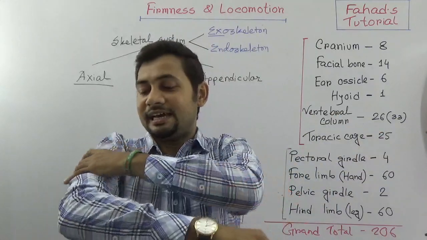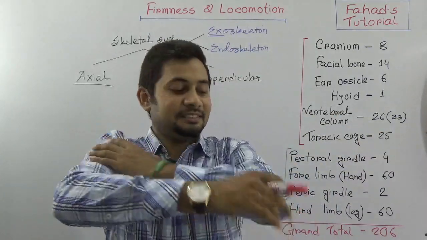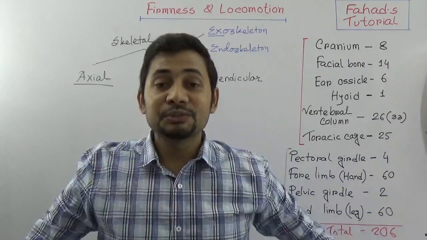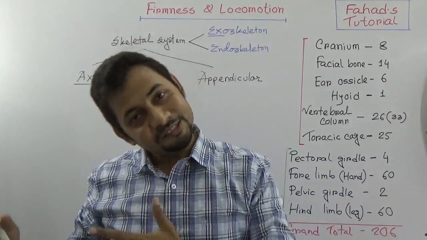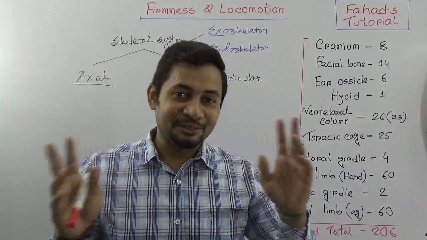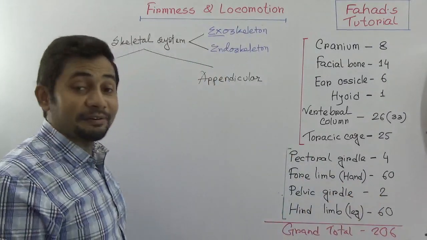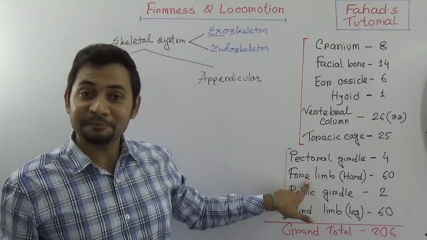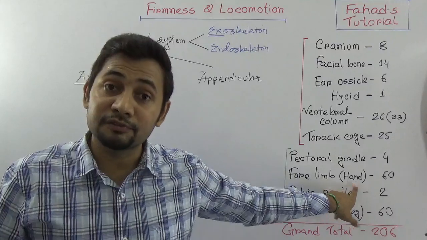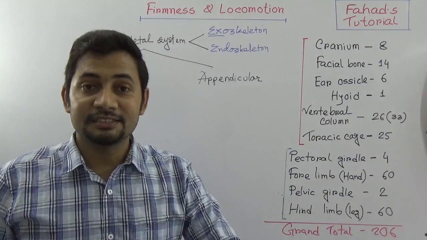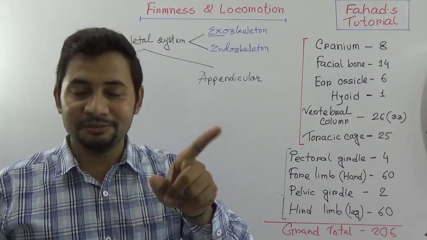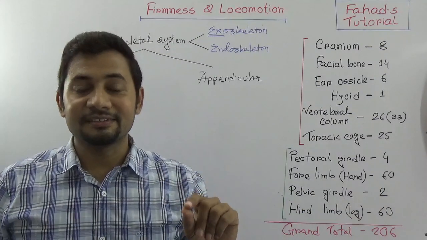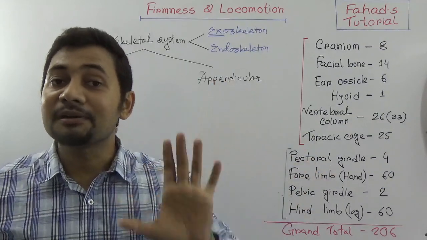So in these hands we have 30 bones and 30 bones each, that is total 60. In our 2 legs we have 30 bones and 30 bones. So altogether in our forelimb, hand, we have 30 bones in each side. Together, two hands and 2 legs, so 60 and 60, altogether 120 bones in our